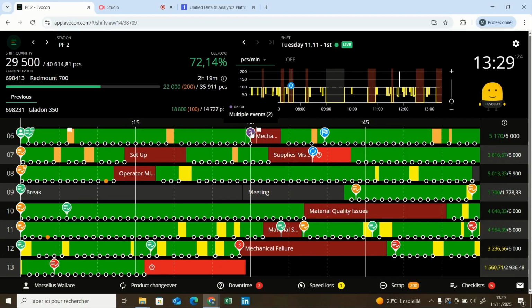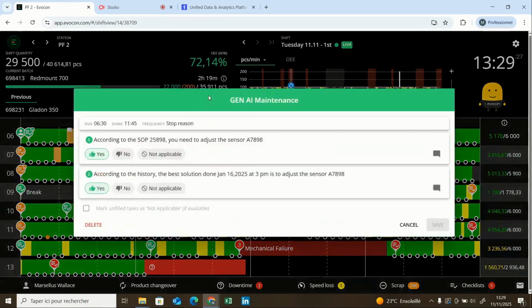In the same case study, this customer went deeply into analysis, and he took an API and connected it with his own machine learning or ChatGPT software. Whenever we have a stop, we send him in real time the type of stop and the comment from the operator. He linked his machine learning software with the documentation of his supplier, the SOP or the PDF that your supplier gives you. And he is creating a checklist automatically with an API that we did an integration for him, which is a very deep integration in the checklist,